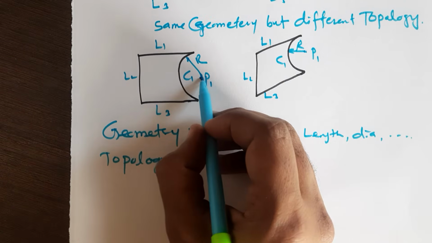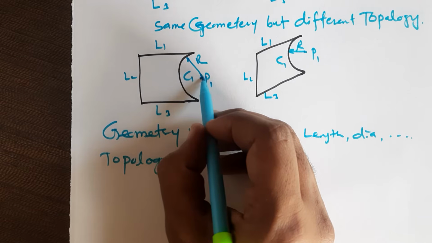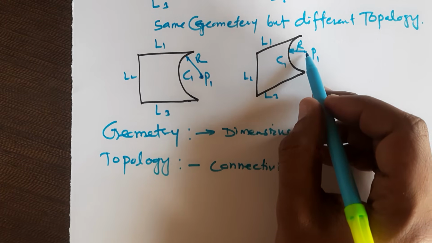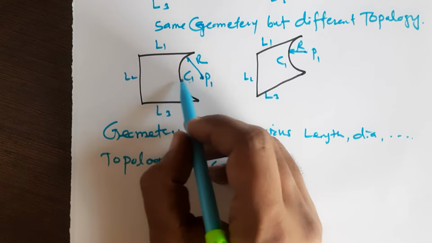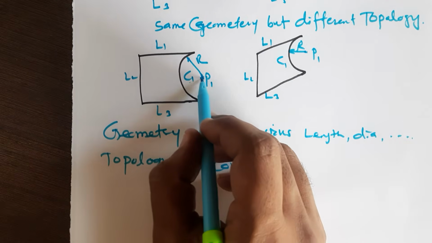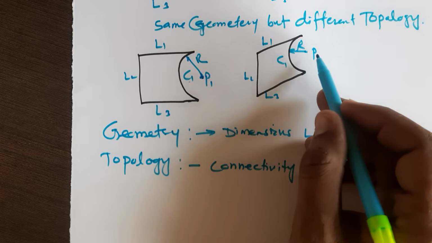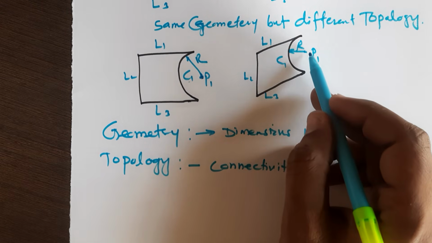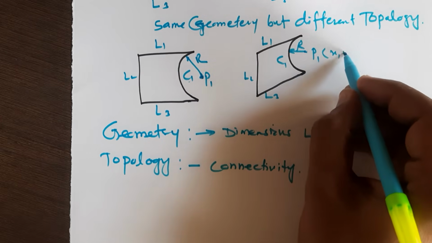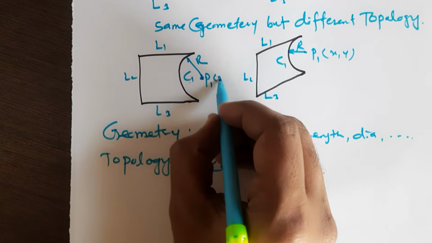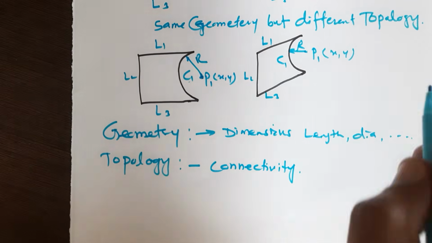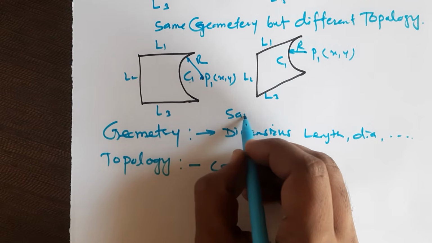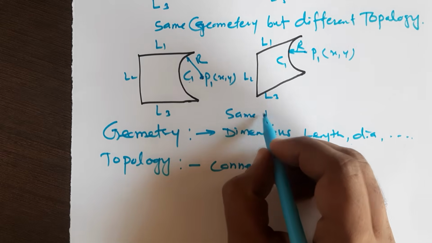Here the location of P is here, and the coordinates of P will change. Okay, so here the geometry is changing. Topology is same, P is outside the geometry. You can see here the P1 is outside the geometry, here also the P1 is outside the geometry, but here the geometry is changed. The x and y coordinates of P1 are different in both the geometries. Okay, so in this case, you can say that it is a same topology